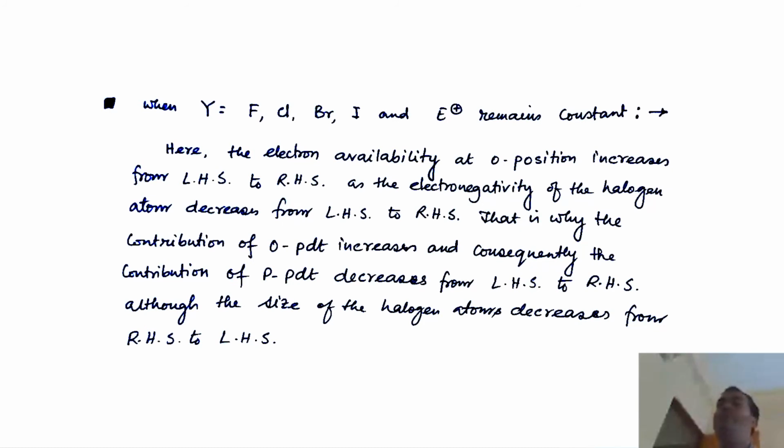So the ortho product ratio actually becomes higher along this series, although the size increases, because in this case the steric factor is less important than the electronic factor. In this case, the electronegativity decreases drastically from the left hand side to the right hand side, and that is why your electron availability